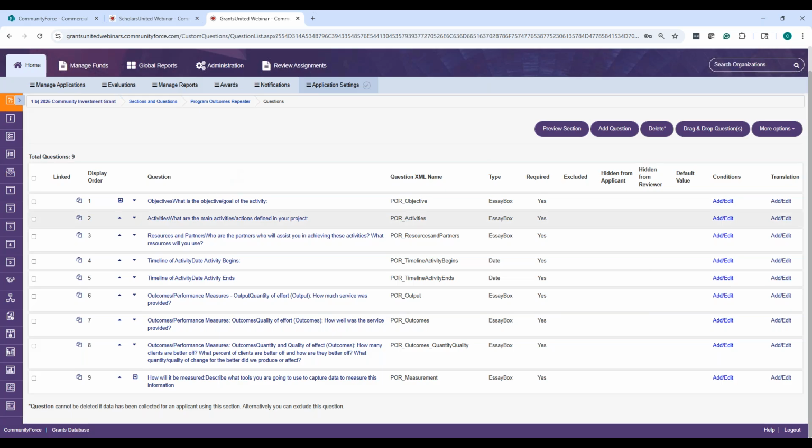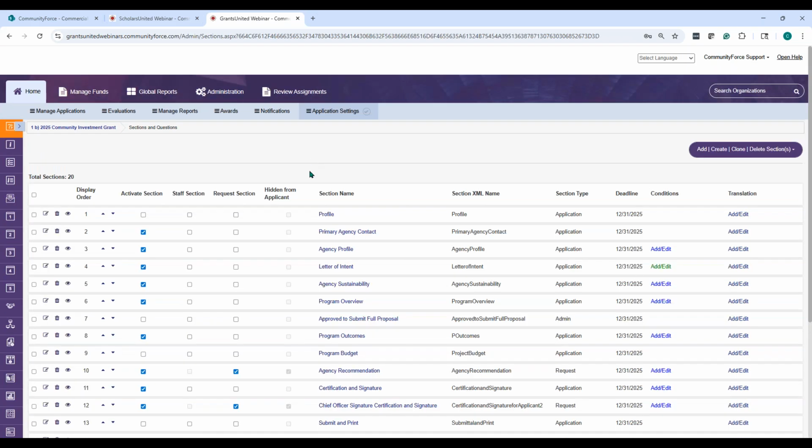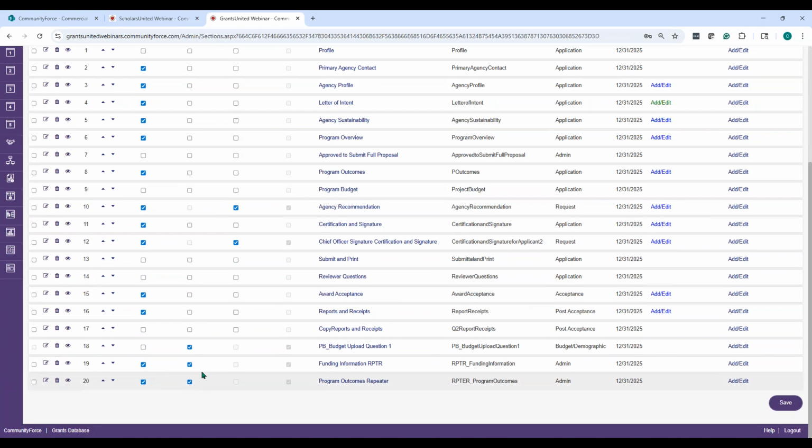So these are all the questions. I tell the system what's the questions that are going to be repeated. This is them. You can see I just build them like a regular section. I made it a staff section because the applicants aren't going to see this because it's a repeater. Then I go to the actual section. I want them to enter the repeater grouping. So under my program outcomes,